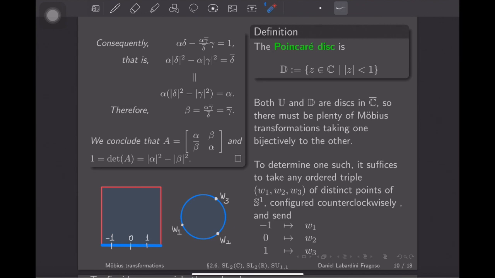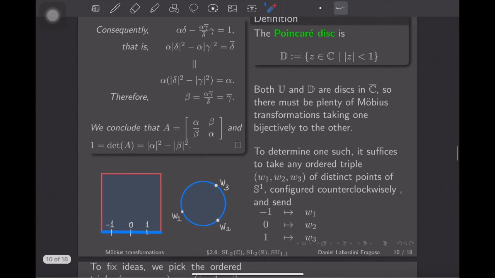And now I'm going to show that at the level of matrices, the corresponding matrix of this Möbius transformation that I'm about to exhibit